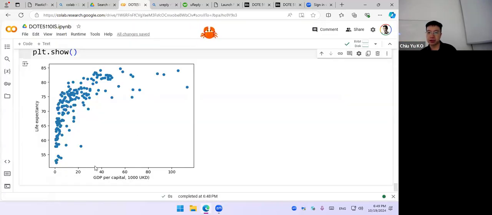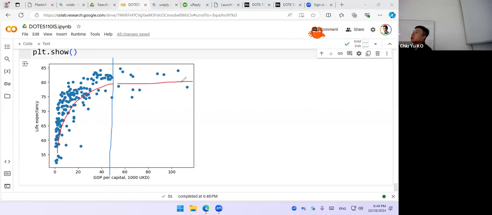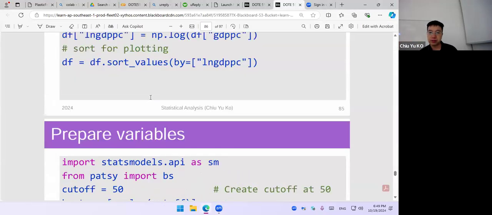50, right? So somewhere here, in fact, right? So you can see what the book is showing is just like you cut at 50 here. So we have two different worlds, right? Somewhere here and somewhere here. Okay, and instead of the GDP per capita, because it's like this shape, they log it first and then make it look nicer. So let's see what the book is doing: we first take the log first, okay, and then maybe